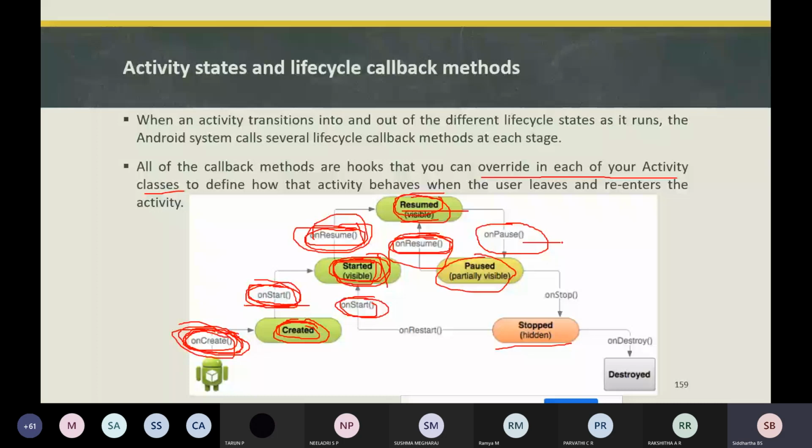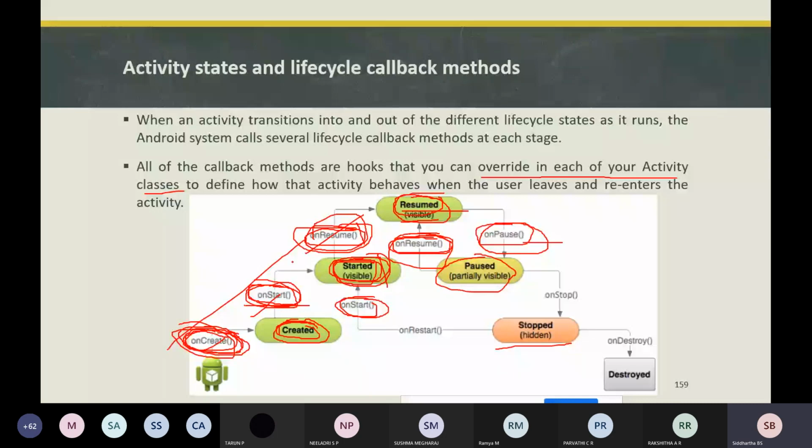For example, you have a WhatsApp application and you want to upload a status, so you move to another activity called gallery. As soon as you click to upload a status, how many fractions of a second does it take? When you go to the gallery, the WhatsApp activity will be in a paused state, and the gallery will go through onCreate, onStart, and onResume. In a fraction of a second, it should call all these callback methods.